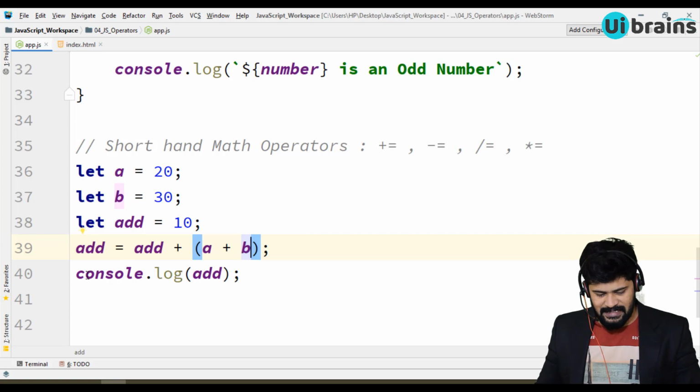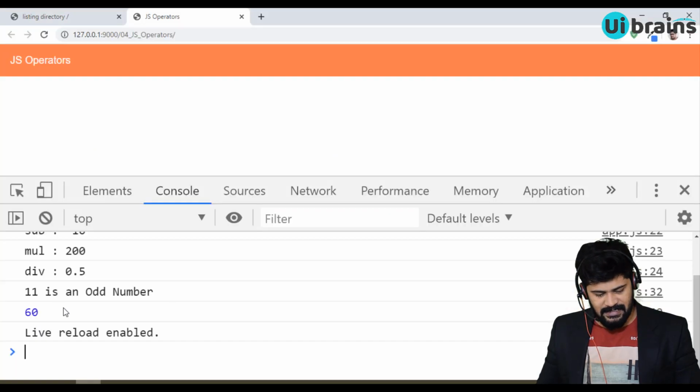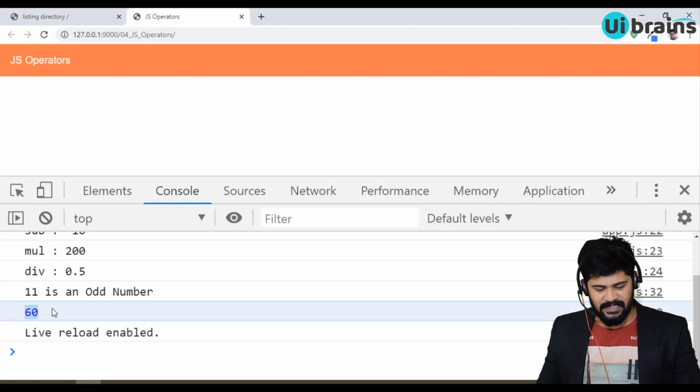Now tell me, add is equal to add plus a plus b. What does this console log give? It means I'm printing the value of add. What's the value of add? Existing add 10 plus 20 plus 30, so it is 50 plus 10, then 60. So you get the answer as 60. Yes, perfect.